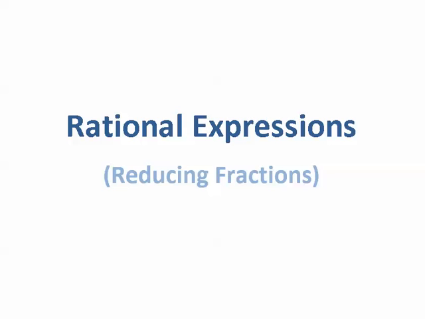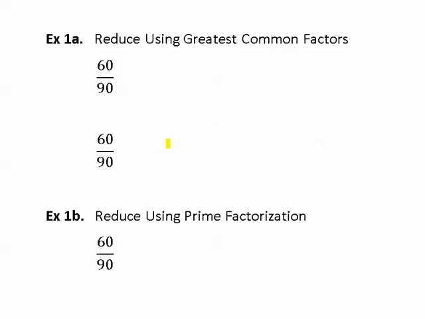All right, well, we've looked at understanding the different types of fractions. We've talked about the concept of equivalent fractions. Now let's take a look at reducing fractions into their lowest terms. In this example, we have the same fraction, 60 over 90, and we're going to look at a couple different